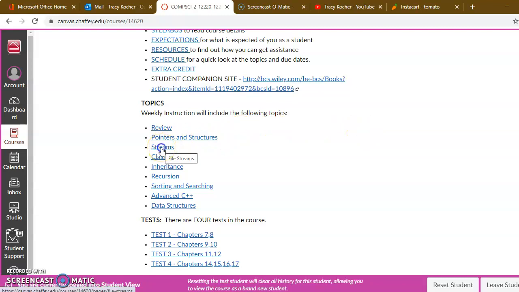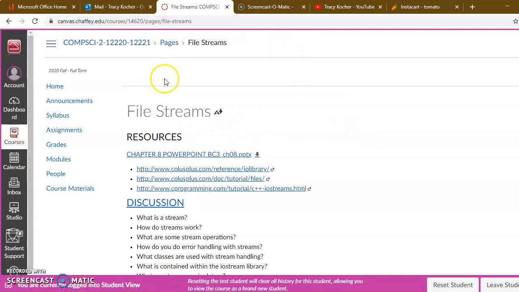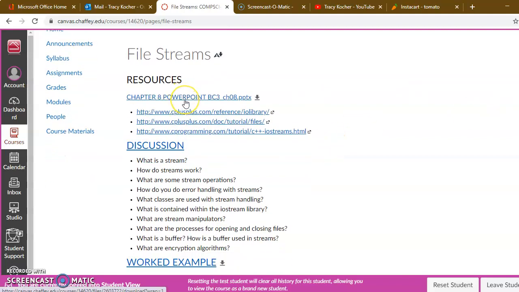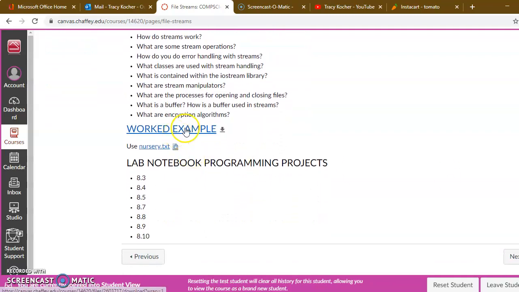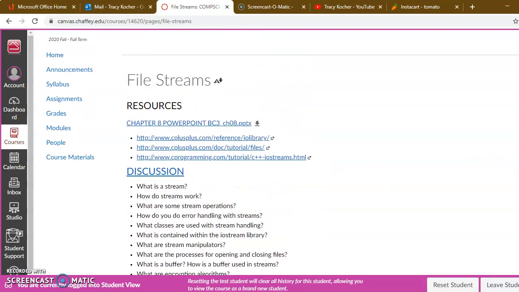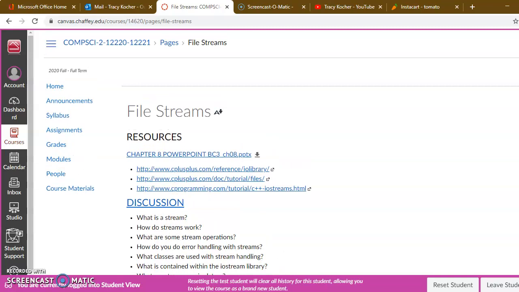We're talking about streams. Yeah, file streams. Super exciting stuff here, file streams. I've given you a PowerPoint, which I'm going to go over with you right now, and some reading to take a look at the input-output library and some tutorials on file streaming. So you have a discussion, and on Thursday, we'll walk through the worked example, which is the nursery text. There are some additional lab notebook programming projects to add to your growing lab notebook. So let's talk about